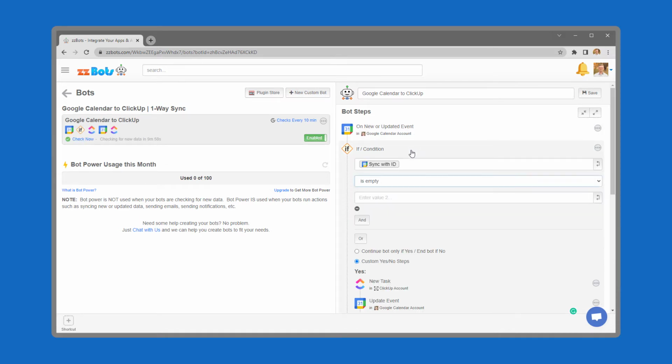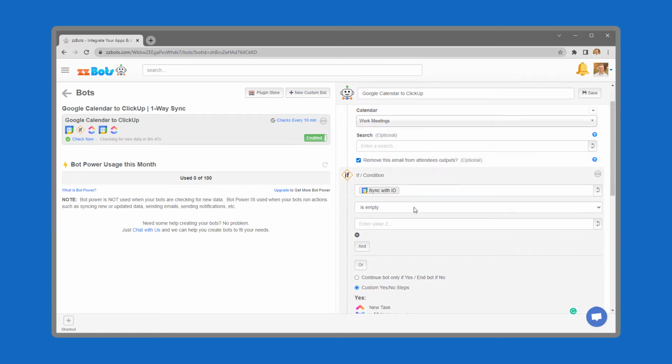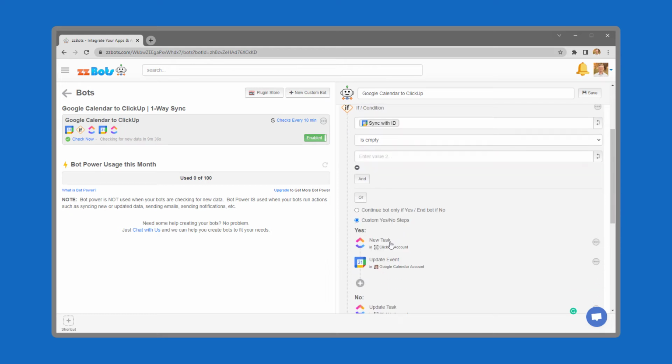This pre-built bot consists of 5 steps. The first step will trigger when there is a new or updated event in Google Calendar. The if condition step will check the new or updated event to determine whether it has been synced over to ClickUp. If it has not been synced over yet, your bot will continue on to the new task and update event steps, where it will create a new task in ClickUp and then link it back to the corresponding event